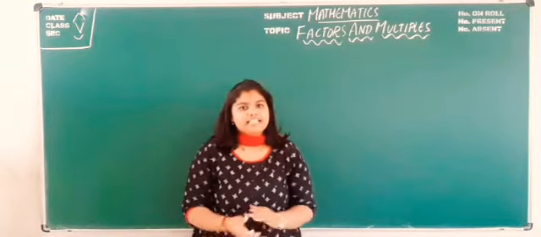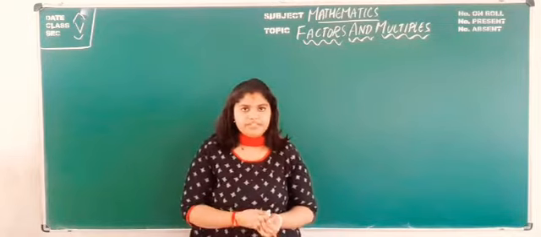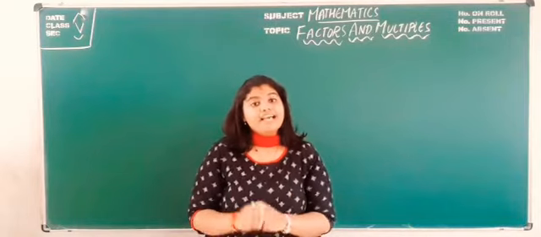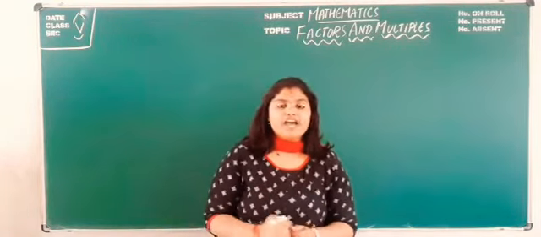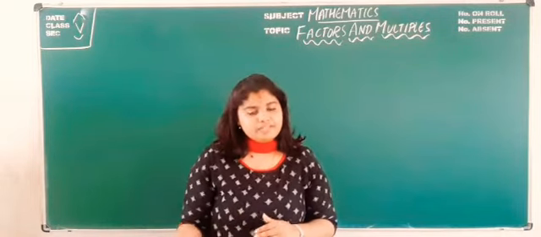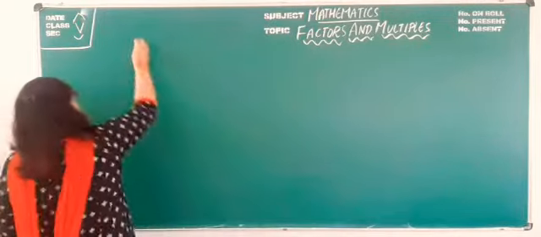In our previous class under the chapter Factors and Multiples, we have learned a few divisibility rules till number 25. So now we shall apply these rules and solve a few problems on that. So next we are having exercise number 2, where we are going to apply divisibility rules in order to solve those sums. So exercise number 2.